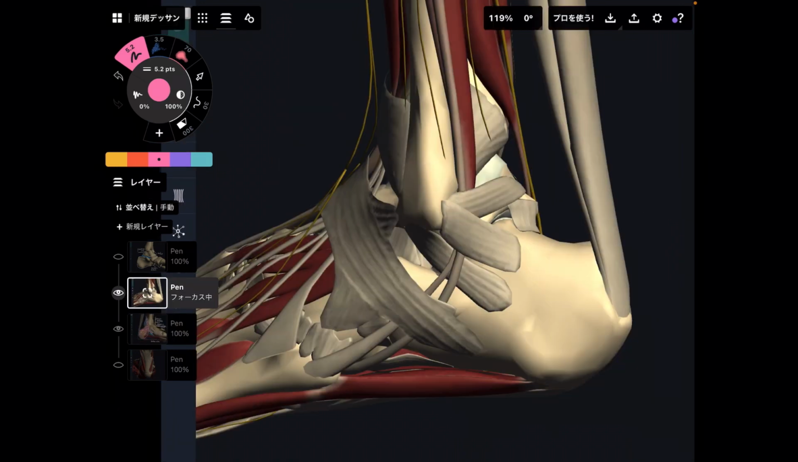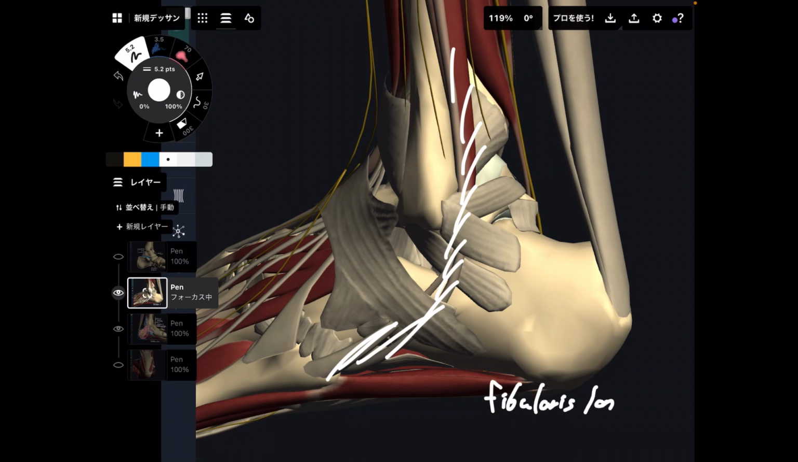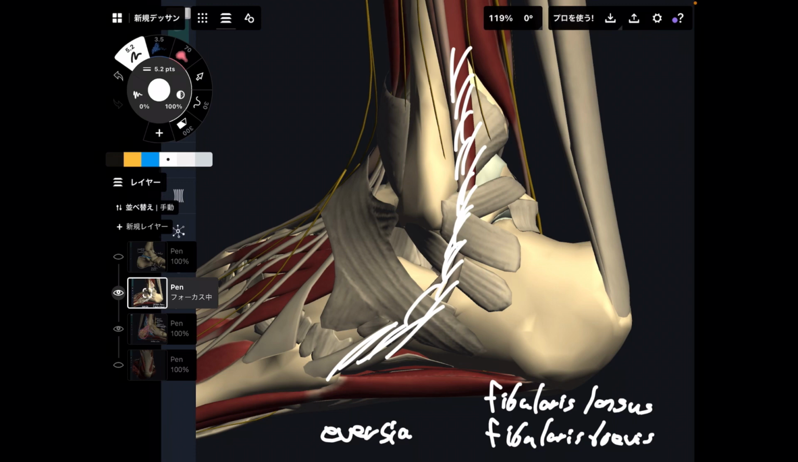Okay, this was the medial view. Let's go to the lateral view. I want to focus on two muscles. These are fibularis longus and fibularis brevis. These muscles run on the outside of the calcaneus and ankle joint. One main function of these two is eversion. Thus, when these muscles get tight, that inhibits the opposite movement,